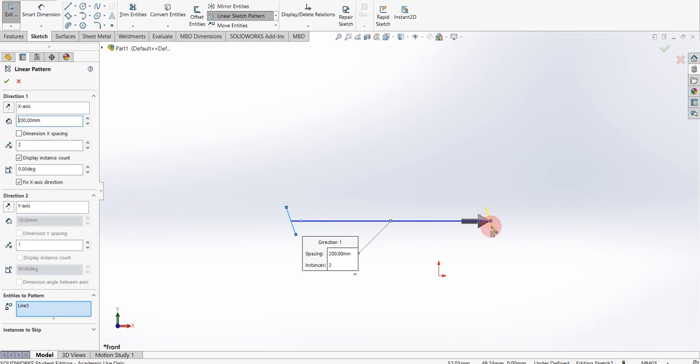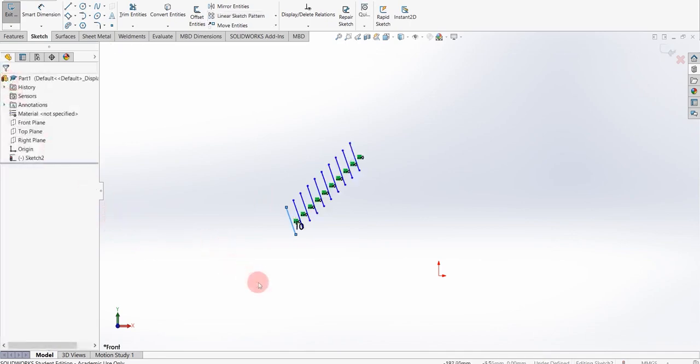Now this yellow line is preview. So I'm selecting 10 mm. Now you can also define the number of lines you want. Say I want 10 lines. You can see 10 lines are previewing. Now I want angles, say a 45-degree angle with x axis. As you can see, they are constructed at a 45-degree angle with respect to the x axis.